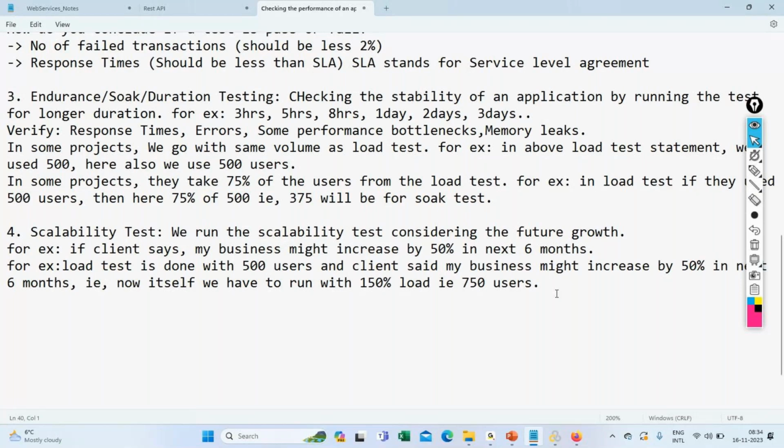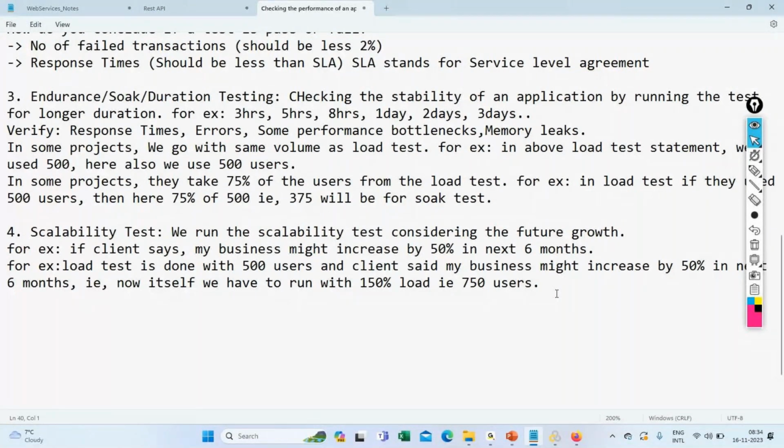"Hey, due to the pandemic, the number of people accessing the banking applications are increasing day by day, because due to pandemic no one was going to the bank directly, right? Most of them try to access it online, and do the task online. So because of pandemic the number of users are increasing day by day, and we assume that in the next 3 months,